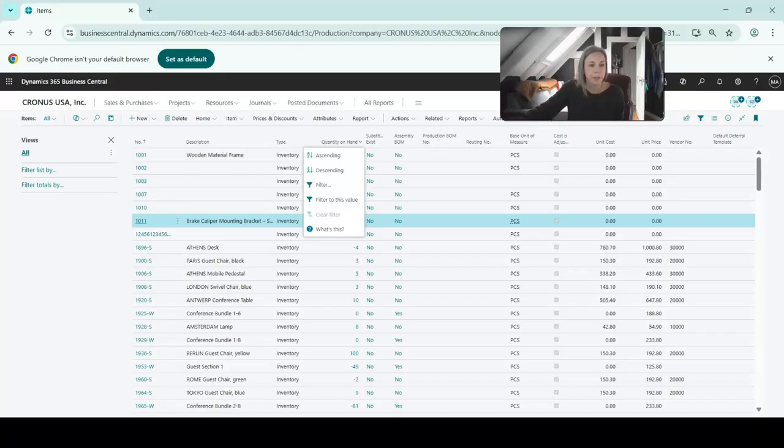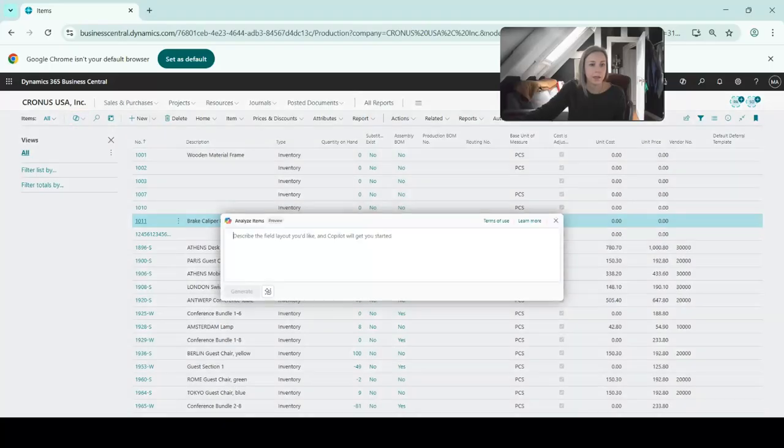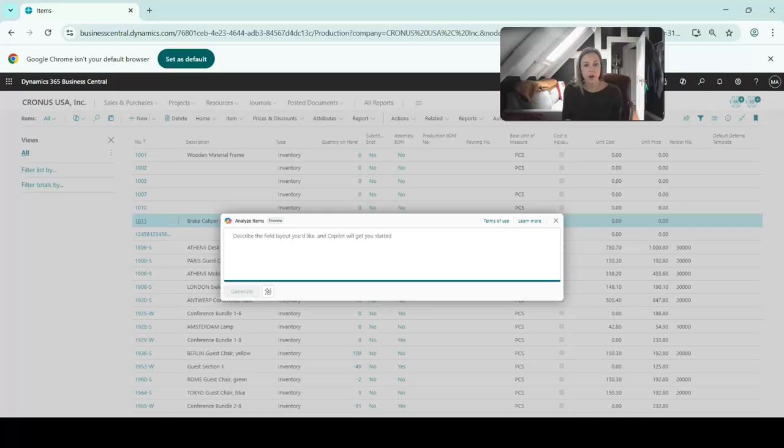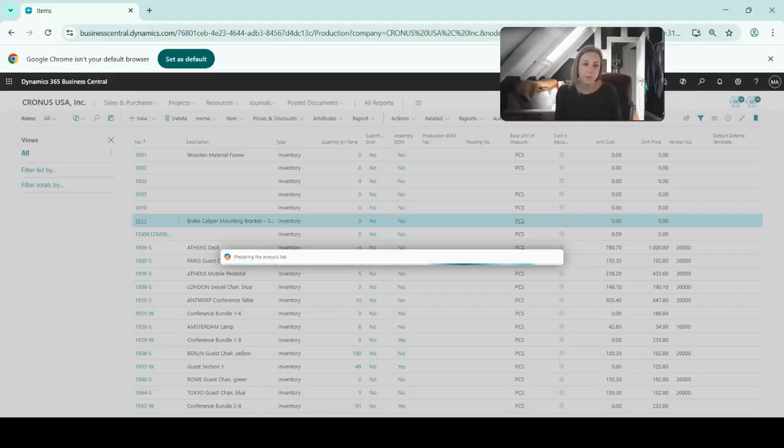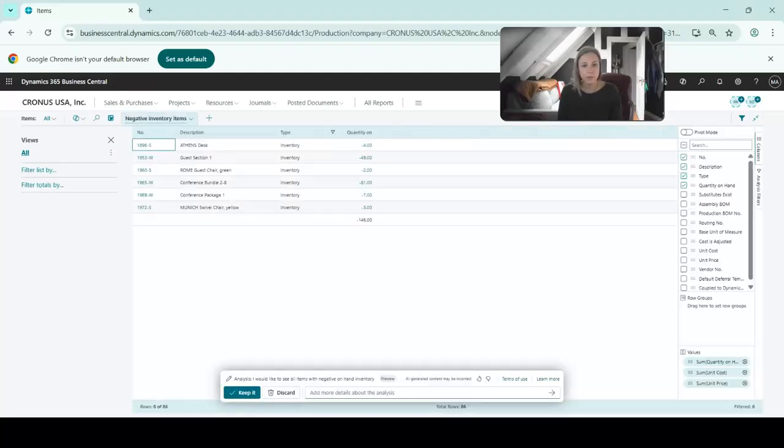So up here, I've got my little icon here. I'm going to click on Analyze List, and now describe the layout that I want, and Copilot will get started. So maybe I would like to see all items with negative on hand inventory. So here I'm generating, and now I have my little assistant here in Copilot, and it's gone through and it's taken this list, it's opened it up in analysis mode,